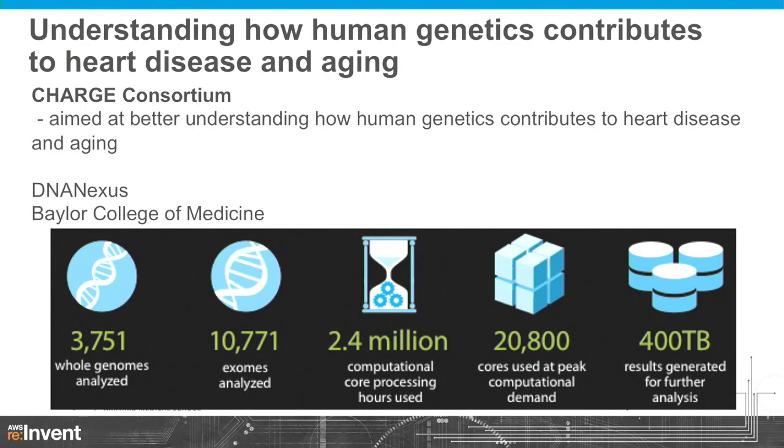One more example of collaboration and work that we've done is with another partner of ours, DNAnexus, working with Baylor, on the CHARGE project, where they recently did analysis of around 14,000 individuals and looked at how whole genome sequencing and exome analysis can help in understanding aging and heart disease, resulting in 400 terabytes of data that's available to researchers around the world to do follow-on analysis on. Just to give you an example of the scale